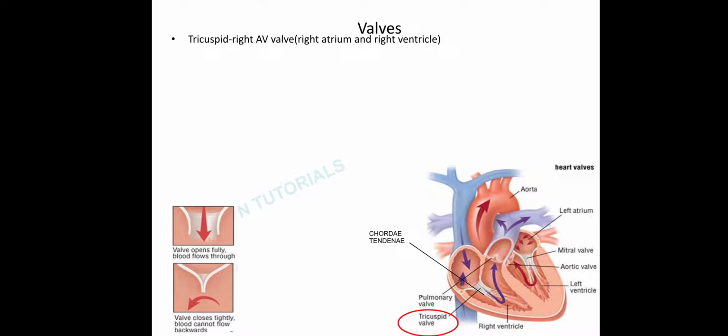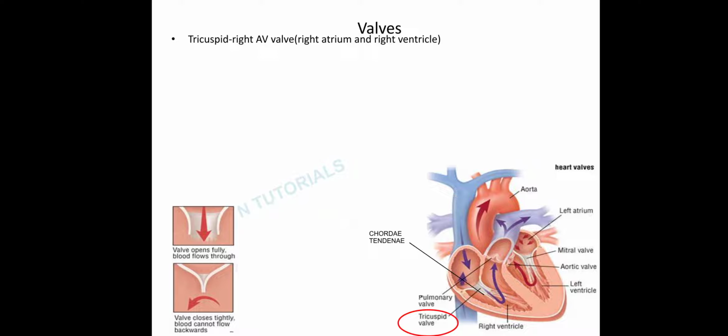When you look at your heart from the top, in this picture you can see your heart from the front when you cut a lateral section of your heart, but when you see your heart from the top, the opening between the atrial and the ventricular chamber where your valve is present will appear like the presence of three cusps or three flaps, and this is your valve. Since there are three cusps or three flaps over here, this valve is called the tricuspid valve.